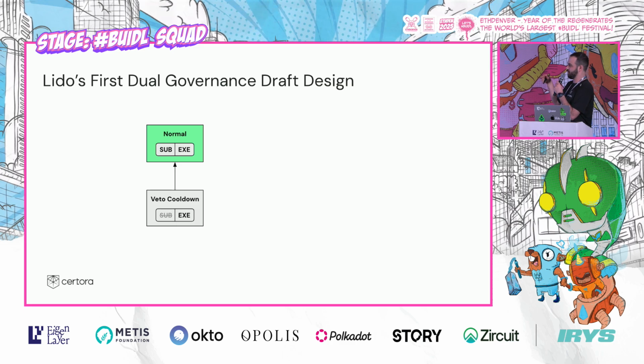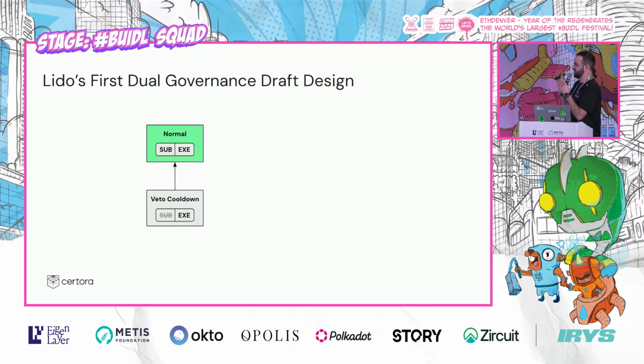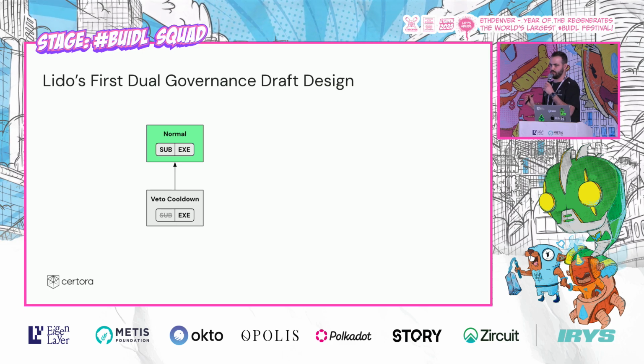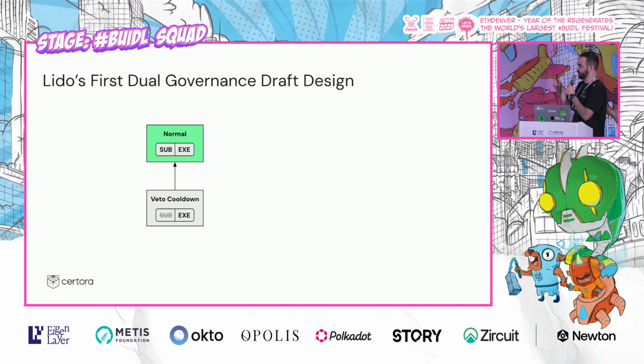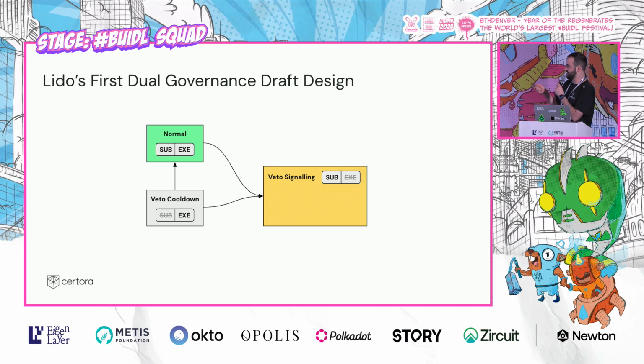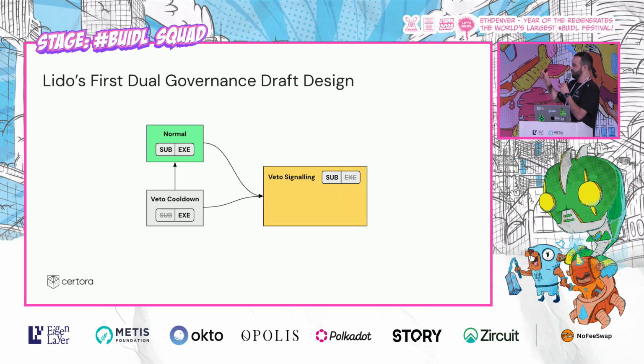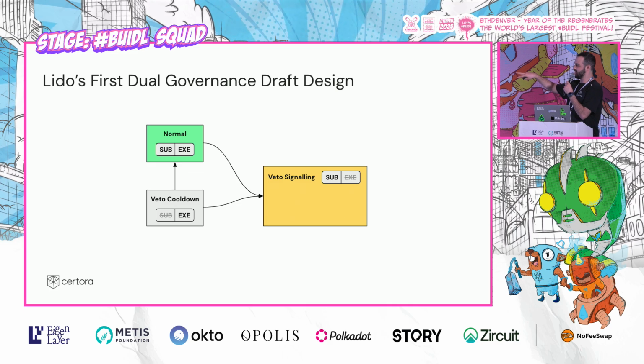It's the same ballpark, but it's not exactly the same numbers, because the DAO might change the numbers before they approve it. So let's continue. The most interesting state is the veto signaling state. As you can see, in the veto signaling state, we can only submit and we cannot execute,